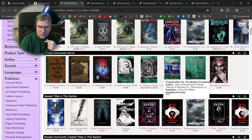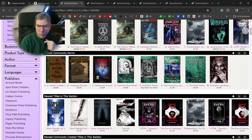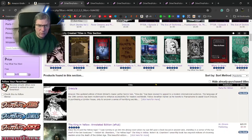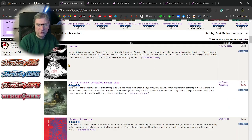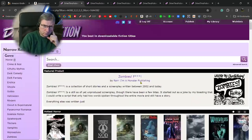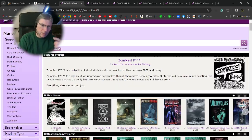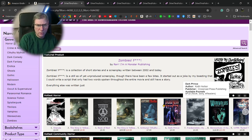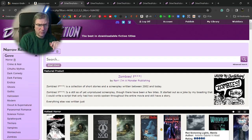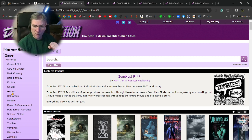In the newest titles, we are fourth and seventh in this section. And there you go, you've got Dracula at the top of the most popular, and Frankenstein is fourth most popular. So lots of real estate under the old design, although it's only two releases, these are getting lots of real estate. Now, if I go down to Gothic,